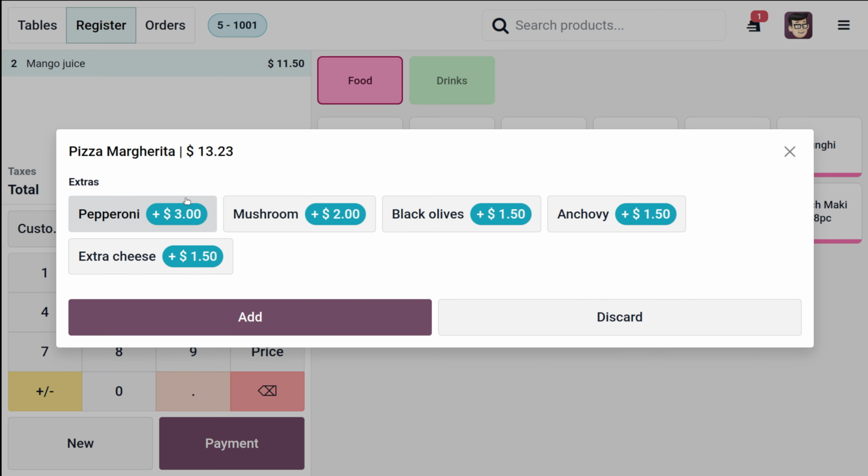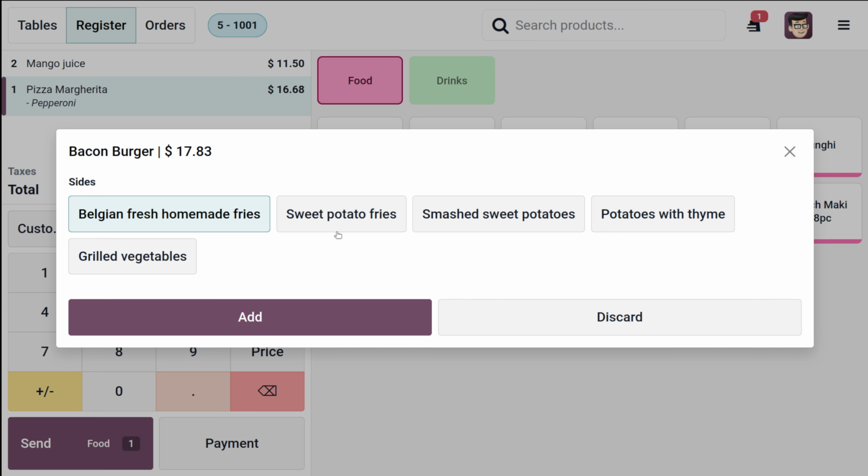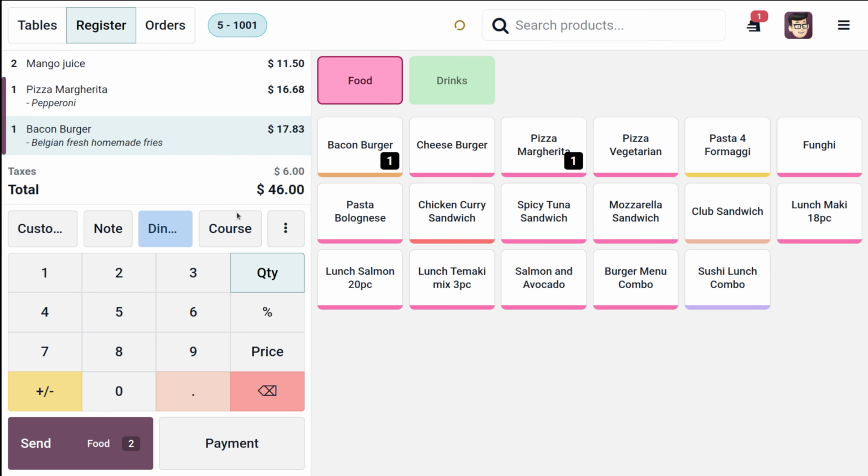Any of the extras, if you want, you can add it. So, I'm adding pepperoni over here. What happens is that once you start the POS session, select the table, and click on the menu items ordered by the customer, the system will automatically calculate the total bill. Now, if you want to add any other thing, I'm adding a bacon burger over here, so the total